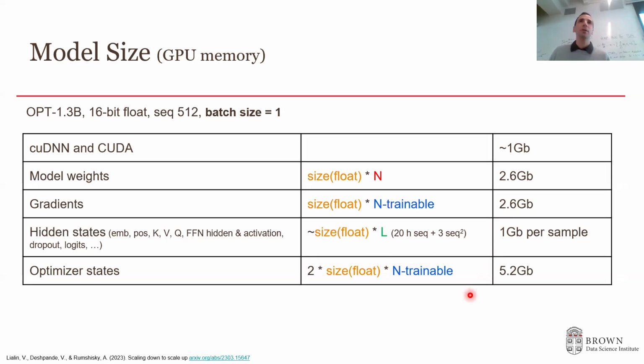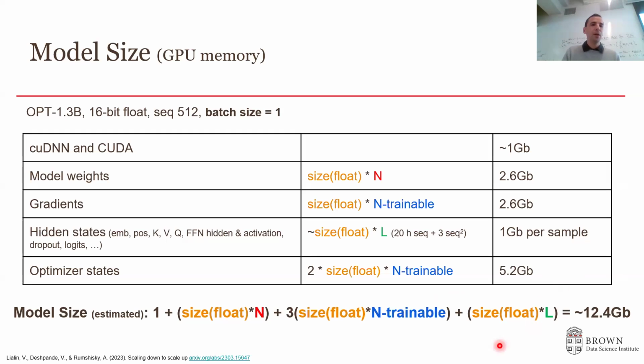And optimizers, most modern optimizers, for example Adam, take about 2 times the size of the trainable parameters. Sometimes this goes unnoticed, but Adam, in order to calculate the learning rate, needs to store 2 copies of the gradients, and that means another 5.2 gigabytes. So in total, if we sum everything, we're going to have a model of about 12.4 gigabytes. Just to emphasize the estimation here, when you upload this model to GPU memory, in real life it's going to take about 11 and some. So it's the same scale, and you get the idea.